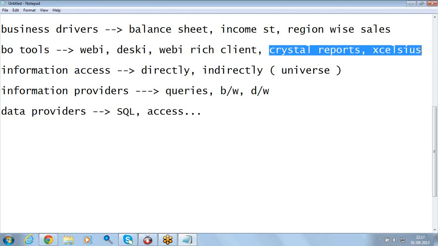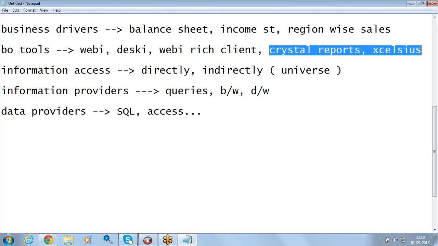Whereas Crystal Reports, as the name itself says, gives the data pixel clear. And one more thing: if you go for Crystal Reports, you need to purchase a separate license.